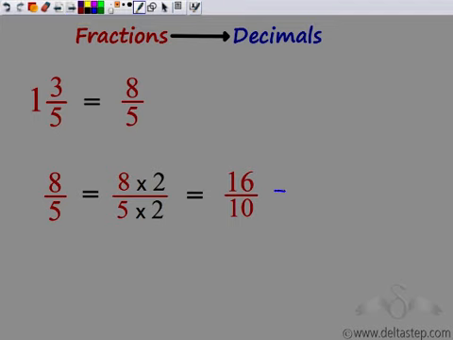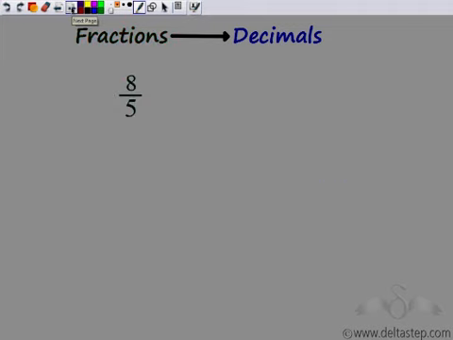Now this is pretty easy. Again 1.6. 16 as it is. 1 is being followed by a 0. So after one digit, I place the decimal point. Now, another way in which you can look at 8 by 5 is as division. We've seen that fractions are nothing but division only. So now if I try to divide 8 by 5, let's see what I get.